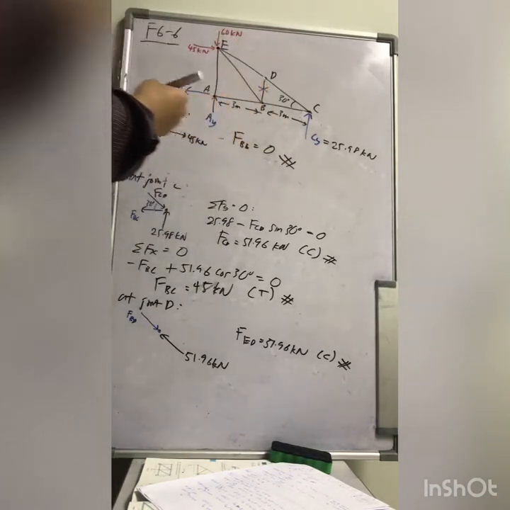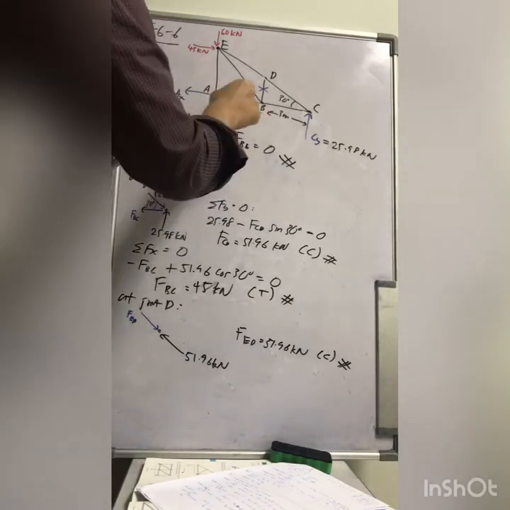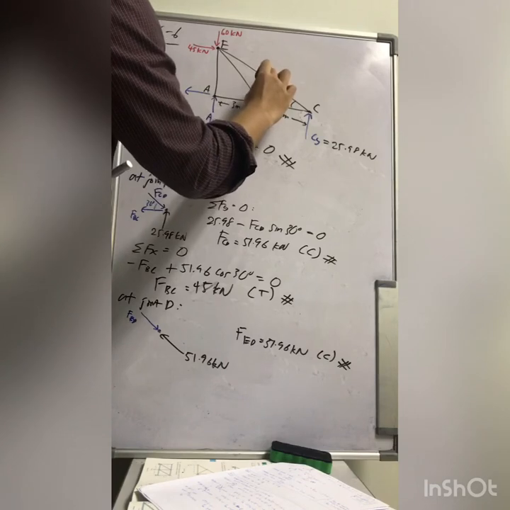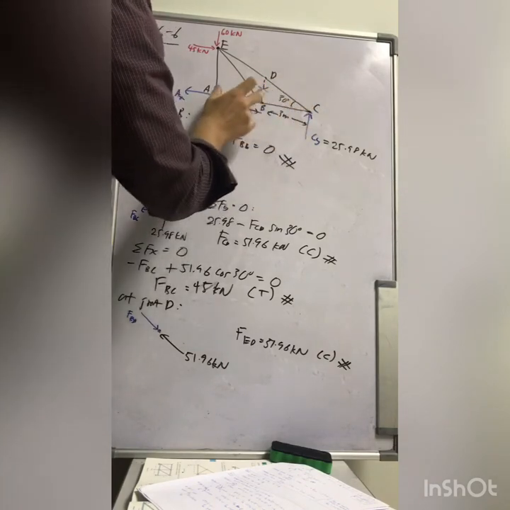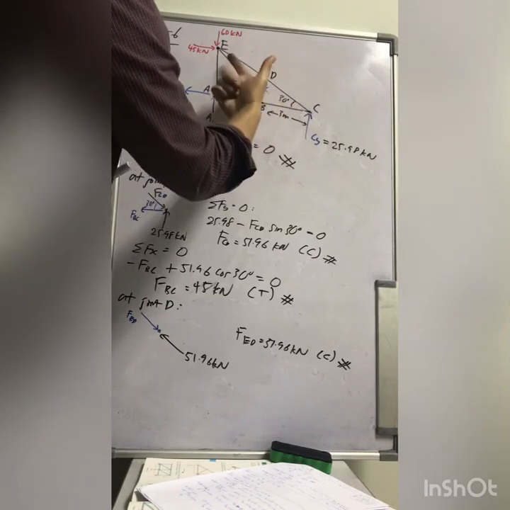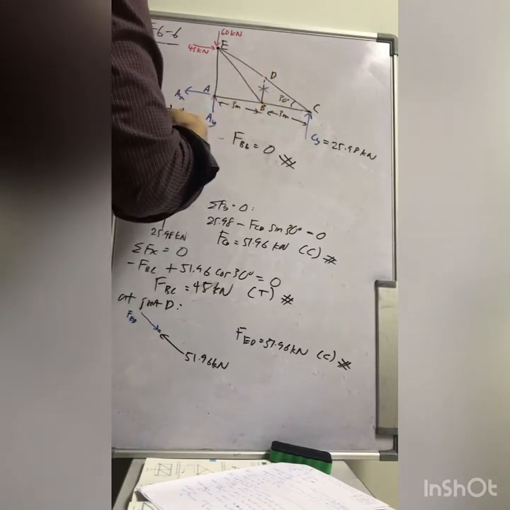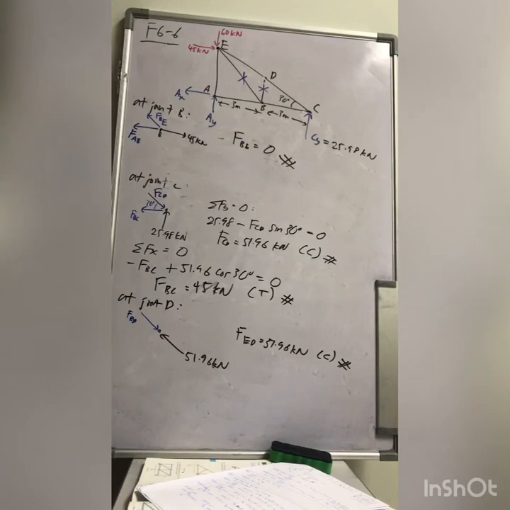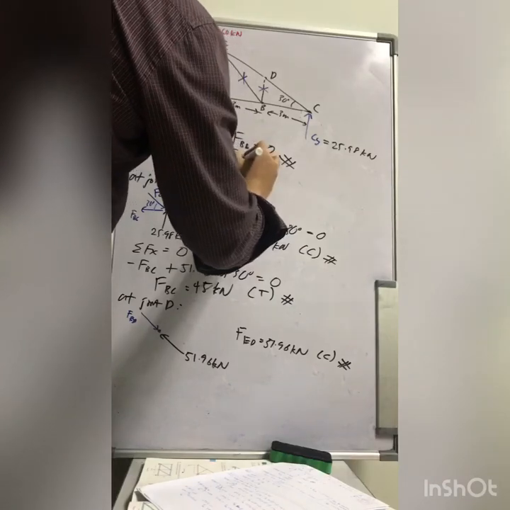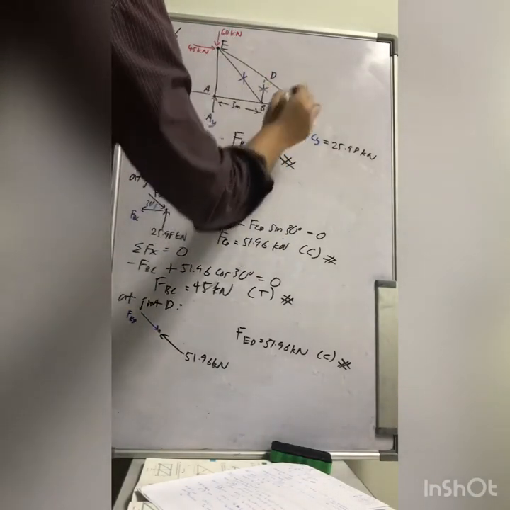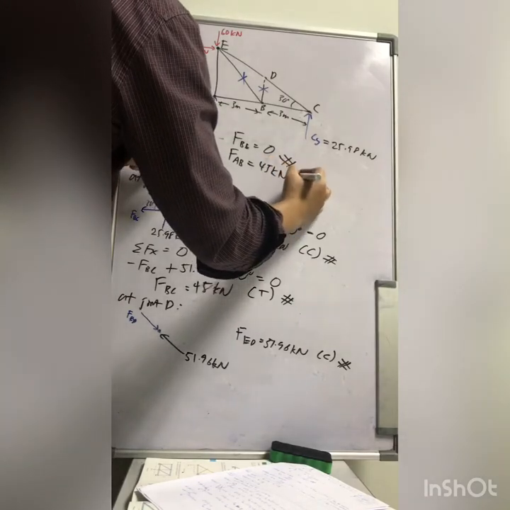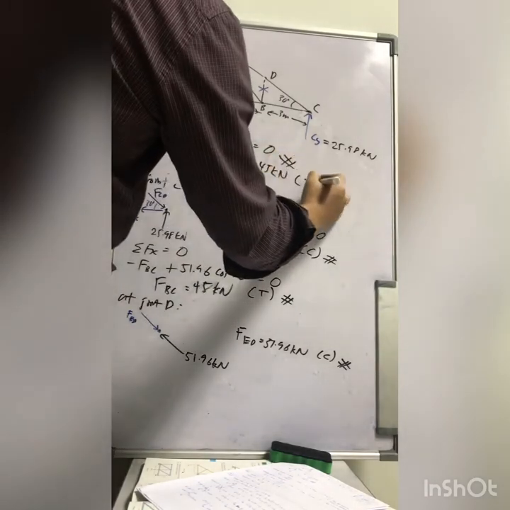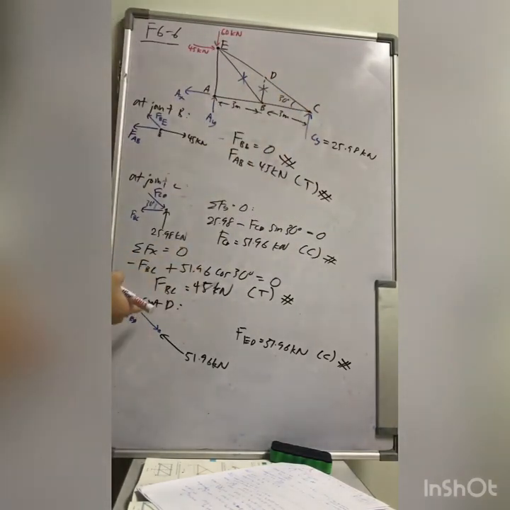But by the way, if you look at joint B, can you see that these two are collinear, this BC and BA. They are collinear. So this is the third one, which is non-collinear. So even by looking at it, you know that this is a zero force member, right? So FBE is 0. And of course your FAB, if you do Fx equals 0, it will be the same as FBC, which is 45 kN here, and it is in tension, same as FBC.